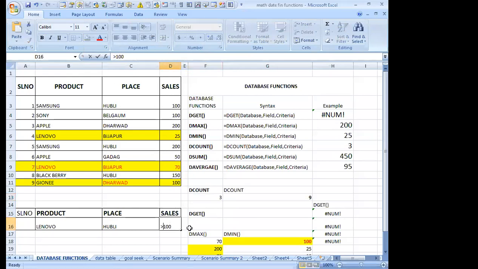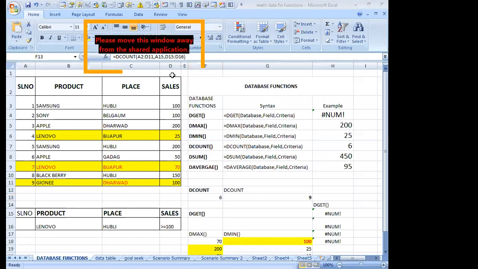If I am changing it to equals to, is it changed here, DCOUNT? See the answer. This is about the DCOUNT.